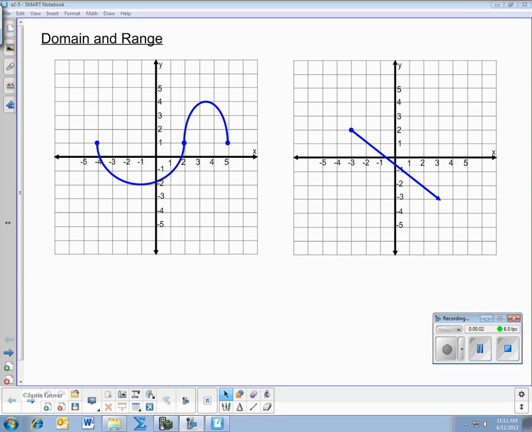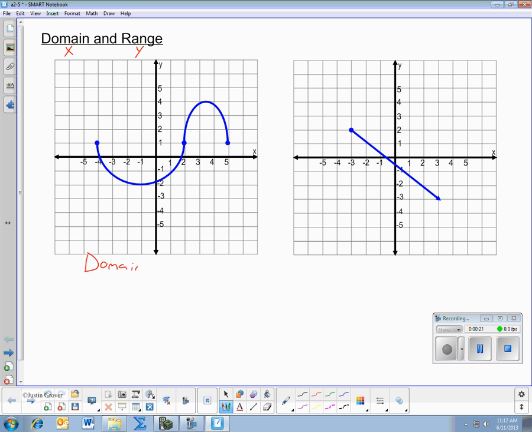The domain and range of a function given the graph of that function. First of all, you need to remember one important distinction, that domain is all the possible x values and range is all the possible y values. And so for this first example here,